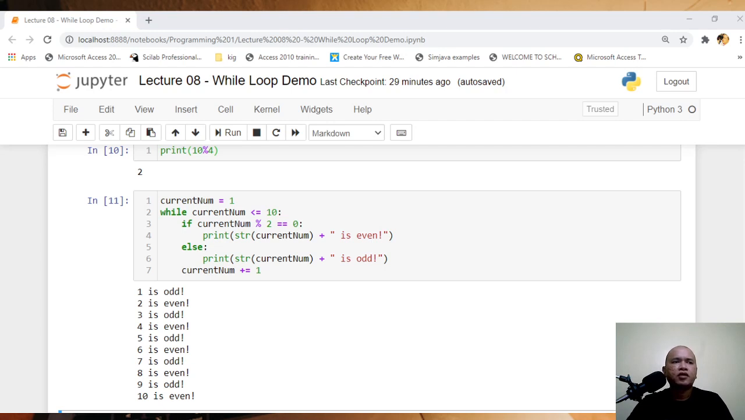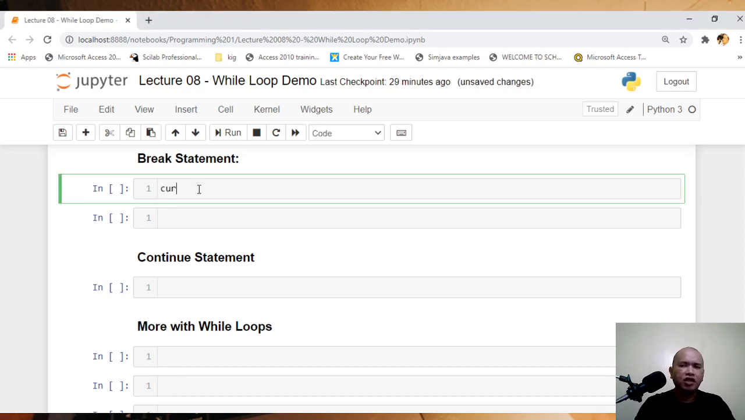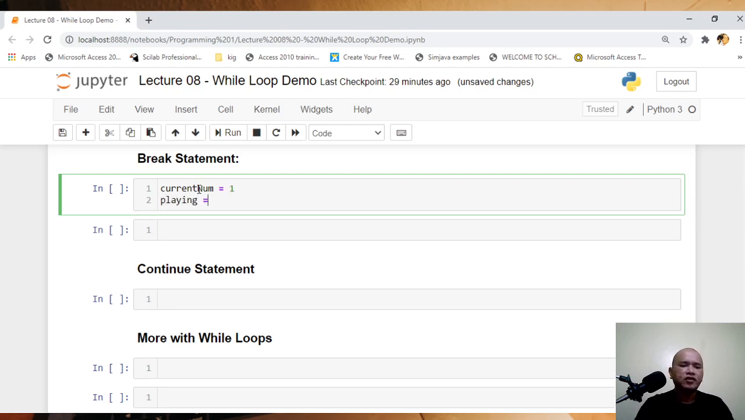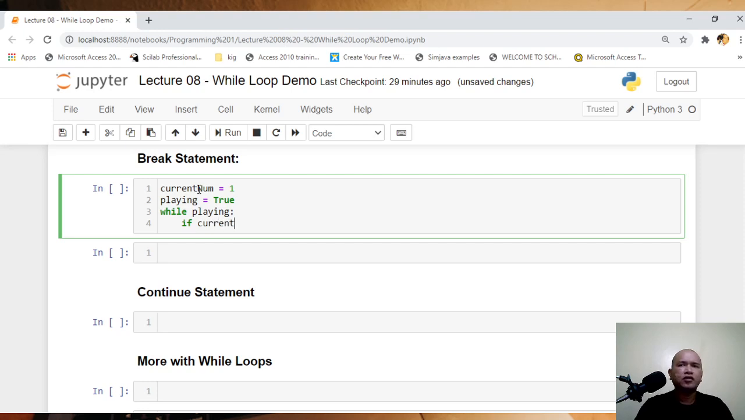Okay, and after demonstrating the modulo, I believe it's time that we should discuss the break statement. So what will be better than to have an example? Okay, break and continue, so you can see the difference. Normally, we're going to have again a program. current_num is equal to 1. playing is equal to True. So, while playing, colon, if current_num modulo 3 equals 0, colon,